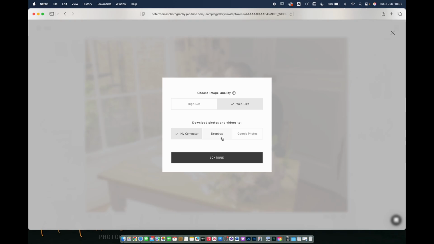Dropbox, some people still use Dropbox. If you've got an account, you can always do it to your Dropbox account. And Google Photos, so you can download it to your Google Photos, which is where a lot of people store their photos. If you do that, it'll ask you for your account information, so you can go straight into your account. Okay, so if you come out of that,